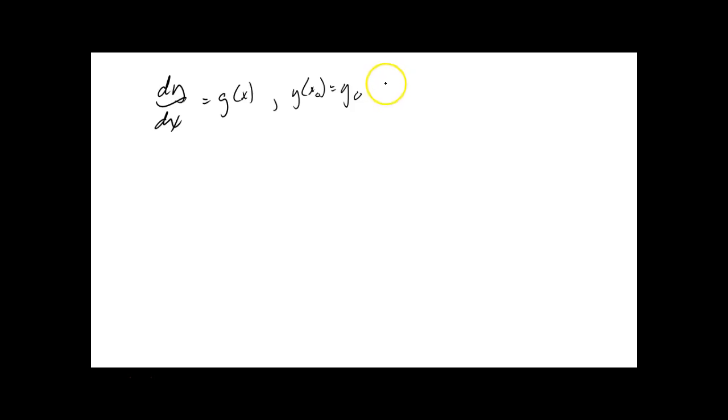Defined on, I can't write, on some interval I, okay? What you do, write it in differential form, dy is equal to g of x dx, integrate both sides, and you have y is equal to, maybe I can't integrate g of x, maybe it's not integrable. Then you could leave it as